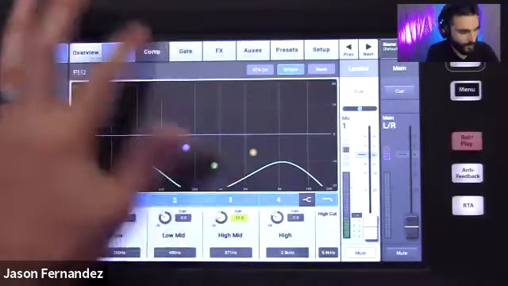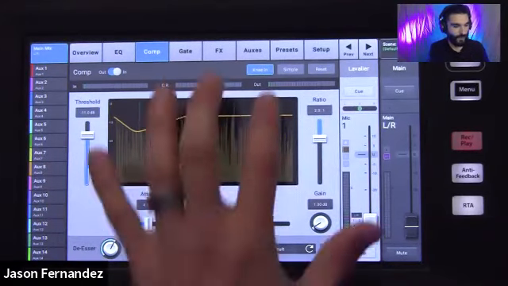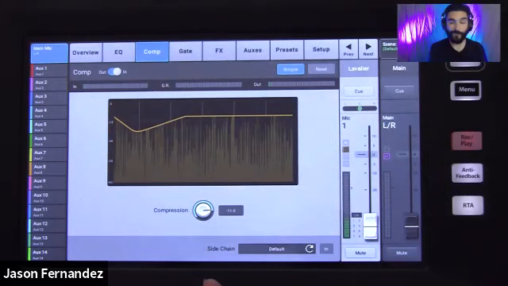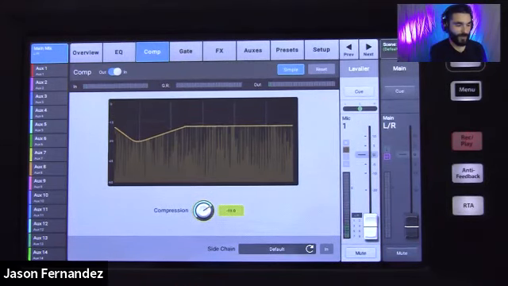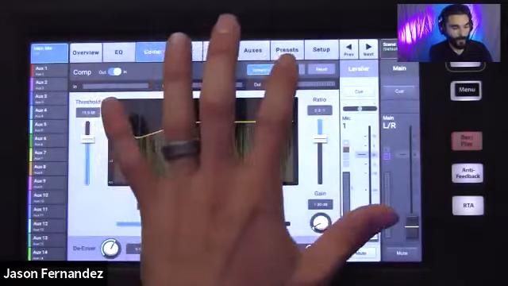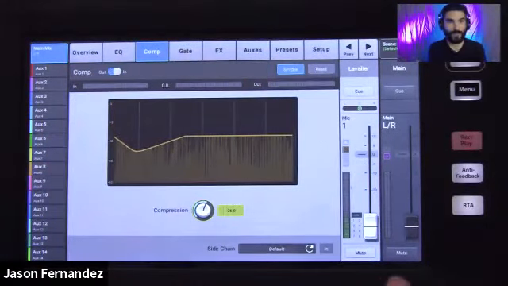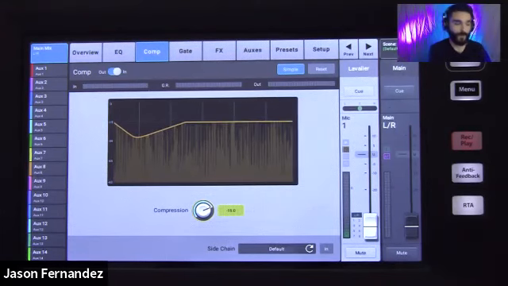Now I'm going to show this off on the compressor as well. So here's my compressor screen. I changed this to simple, and I have 1 knob. That is pretty easy. I can select my knob there, and I can compress this more, or I can compress this less. And meanwhile, all of these other things are still set to where they're set here. But with my simple mode engaged, I don't have to worry about those. I know I just need to get more compression on this channel, or I need to ease off the compressor on this channel, and I can do that.